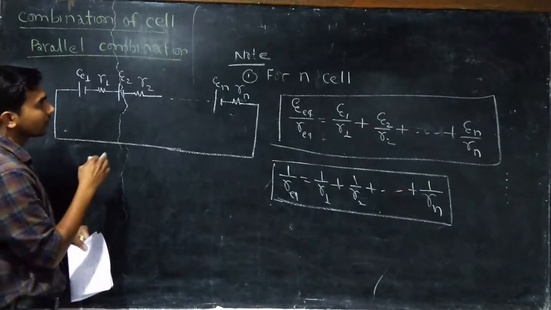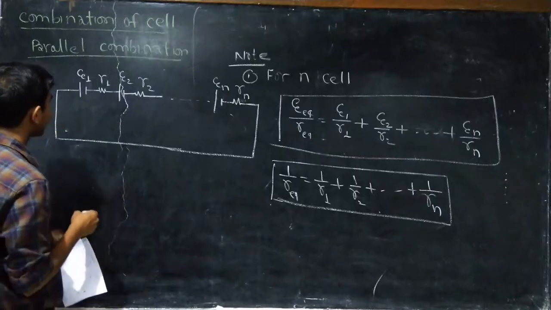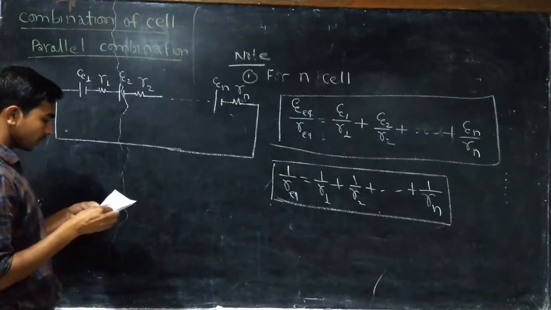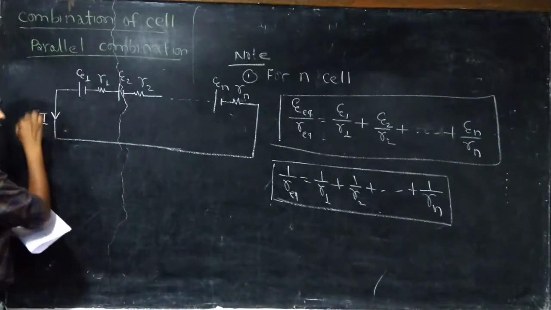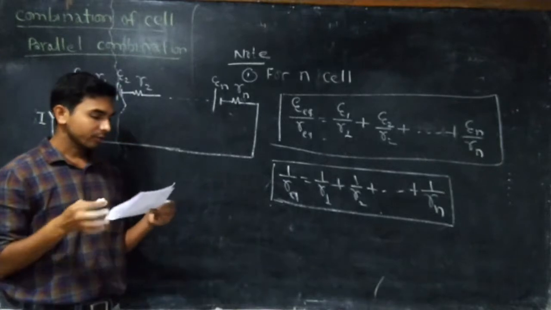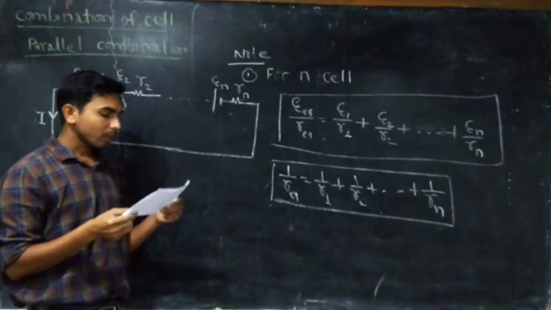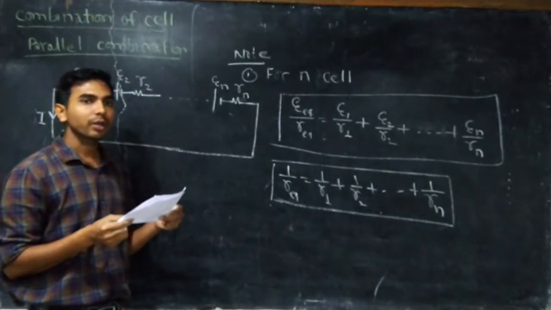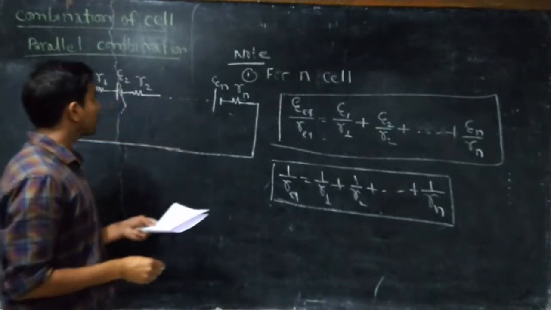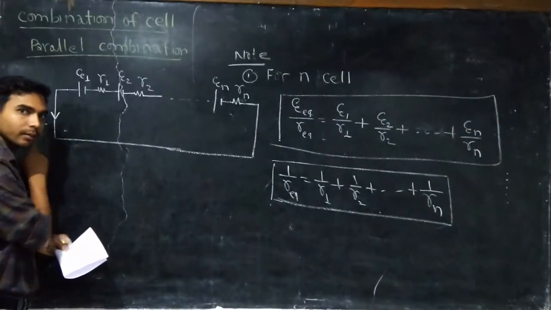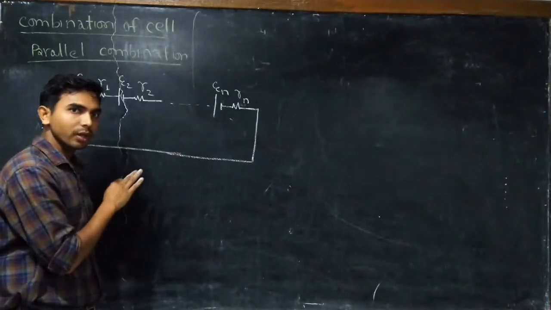You are able to see that here n number of cells are connected in series. So first they are asking the current through the circuit. Suppose this is I. They are asking I. And in the second question they are asking to find the potential difference between the terminals of the ith battery, right? So first I am going to find the value of I.